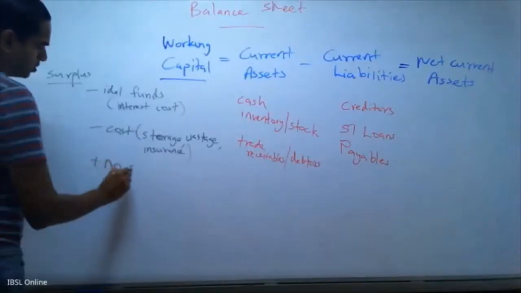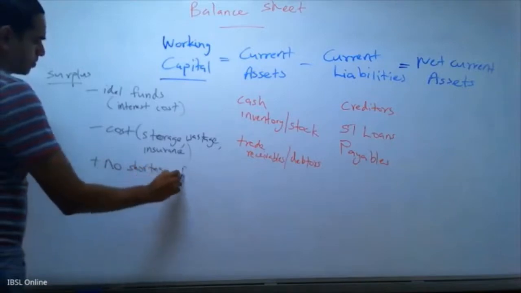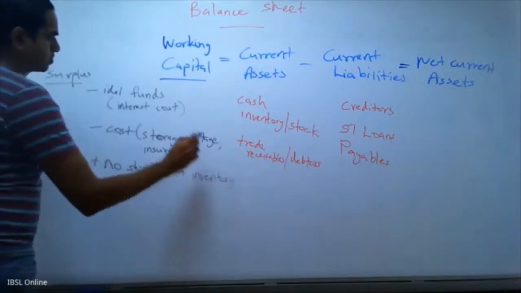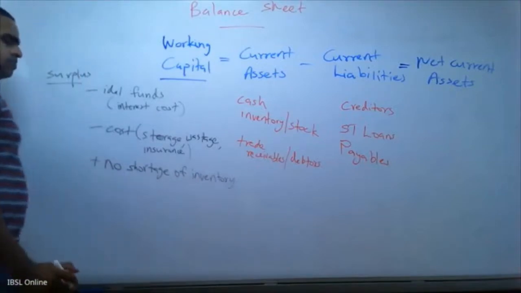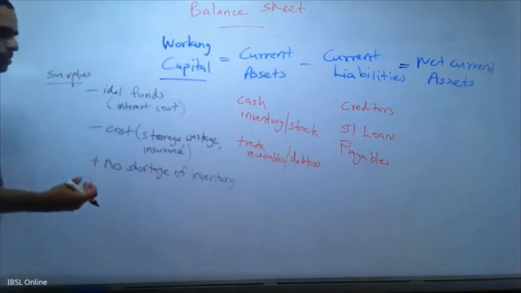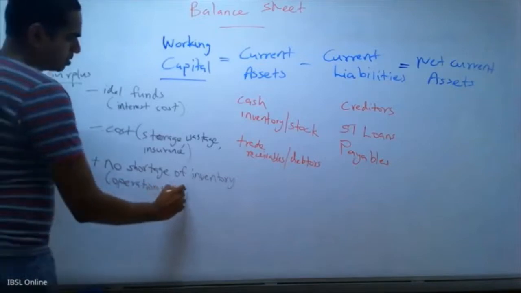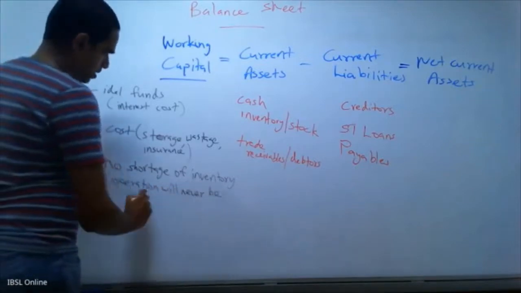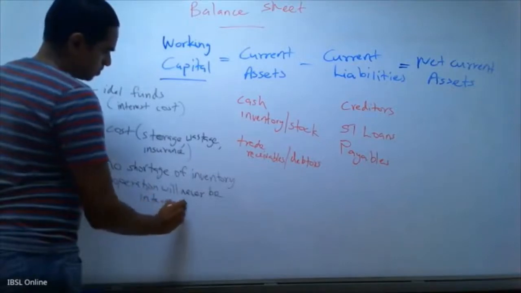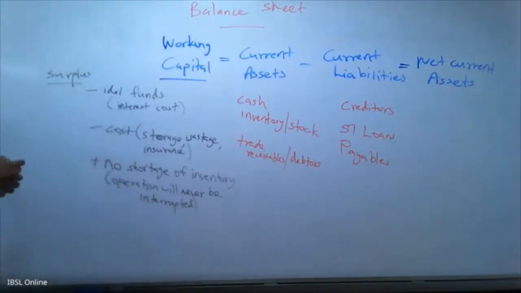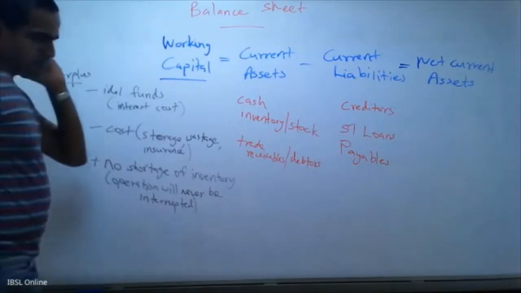So there won't be any shortage of inventory. Right. Meaning you can have continuous flow of operations. Operations will never be interrupted. You won't have to stop your operations. Okay. Yeah, good. Then if there's a shortage,